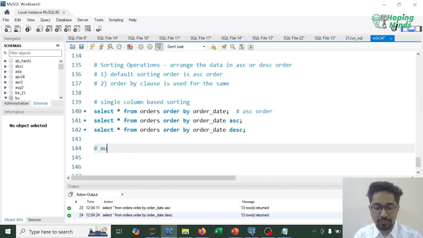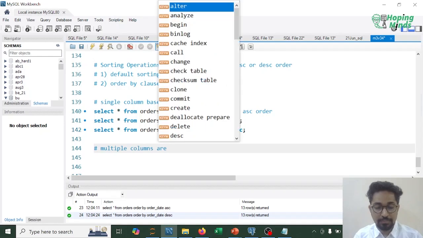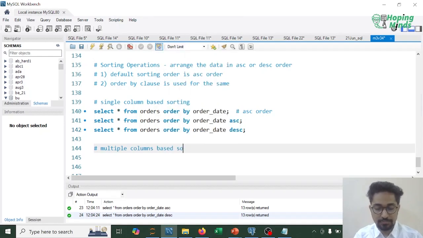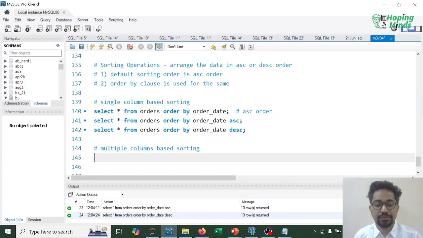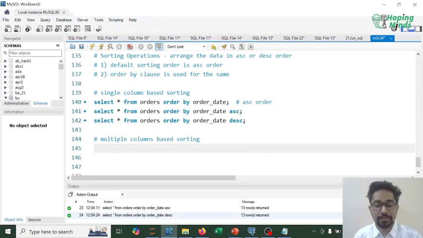When multiple columns are involved, how does the sorting operation work? When we apply it based on multiple columns, it first sorts the data in order of the first column,